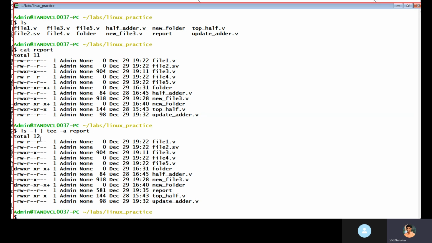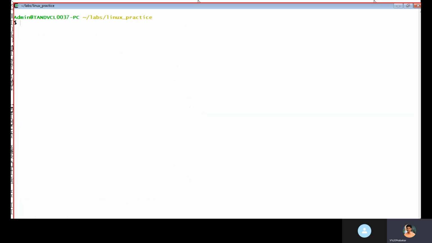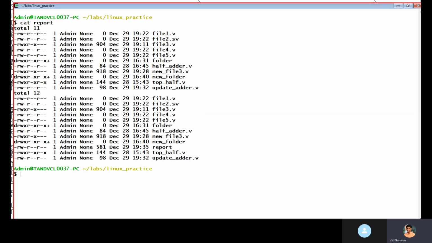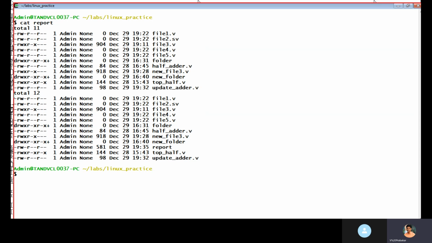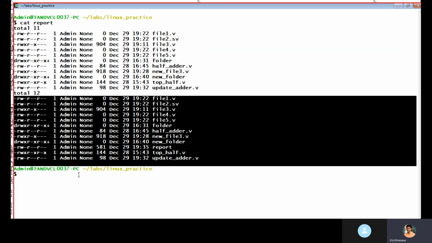See here, it is displayed here, and I'm displaying what is present inside the file report. This is the already existing one. Okay, now additionally this is added. So with the help of -a, this is captured. Okay, next